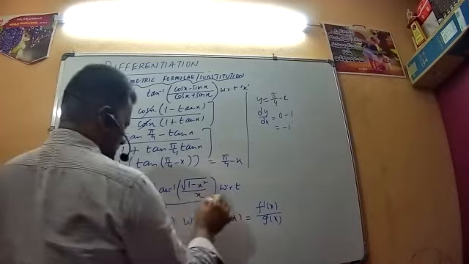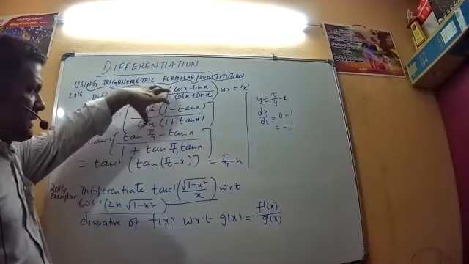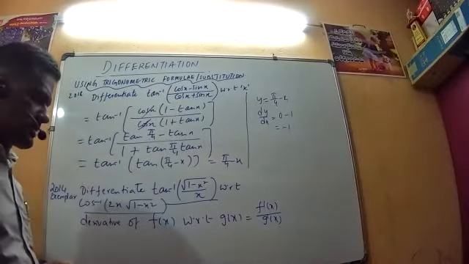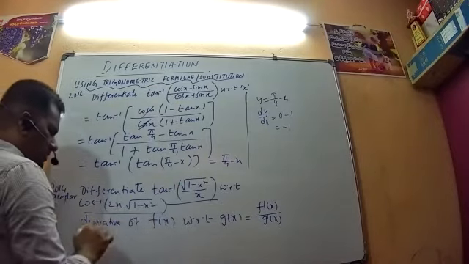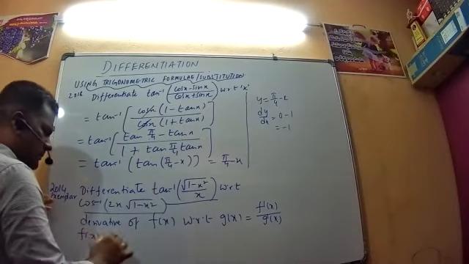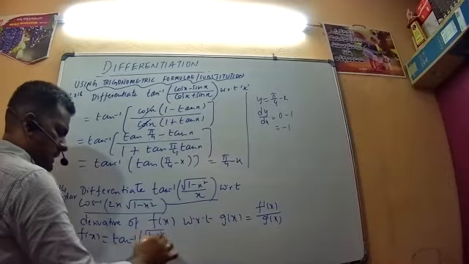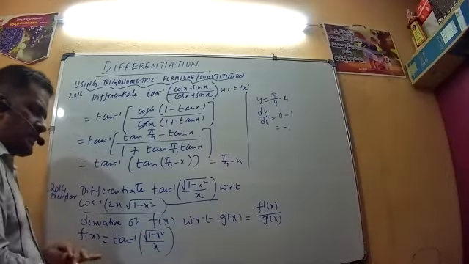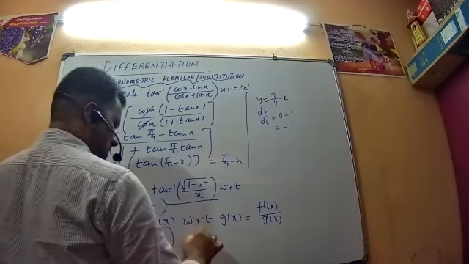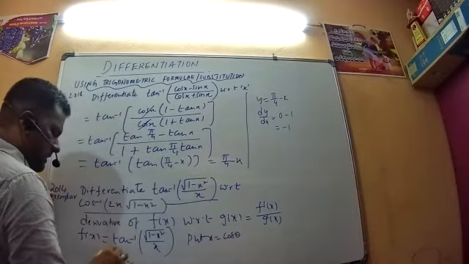Again, if you notice here, we need to go for trigonometric substitution. Here you went for trigonometric formulas also. Fine. Now, what is the right substitution? F of x is equal to tan inverse of root of 1 minus x squared by x. What is the right substitution for this? Yes, put x is equal to cos theta. When you substitute x is equal to cos theta, let us see what happens.